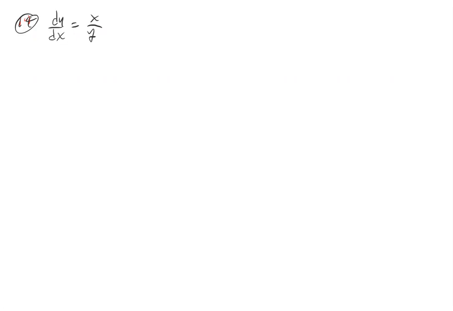Okay, so what point do you want to pick in the first quadrant? Now, you probably want to stay away from points like 1, 1, 2, 2, 3, 3. Pick something like 2, 1 or 1, 2 or 3, 2 or 2, 3 where the numbers are different. So in the first quadrant, what point do you want to pick? Okay, I heard 3, 2. So that means dy dx is equal to 3 halves. So that means at the point 3, 2,